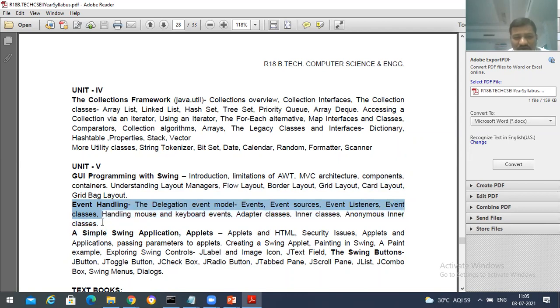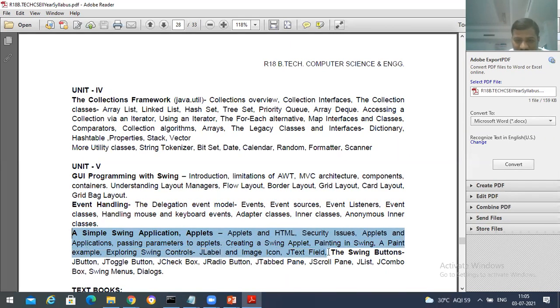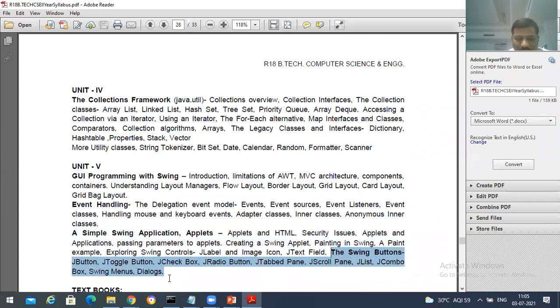It takes at least 4 hours. And again, up to here it takes at least 4 hours again. And this we can complete in 1 or 2 hours, because we will not go with everything, just a few things, and how to attach that into your interface. Those things we'll discuss over there. That's it. Apart from that, nothing will be there. So 4 hours minimum, 4 plus 4 is 8, plus 2 is 10. At least 10 hours is required for discussing unit 5.